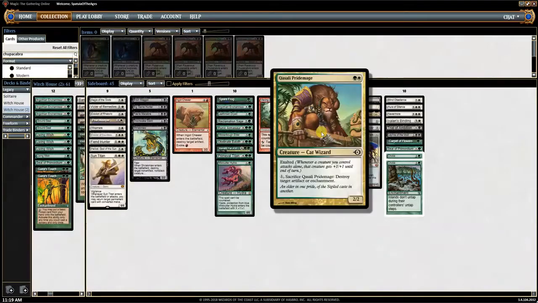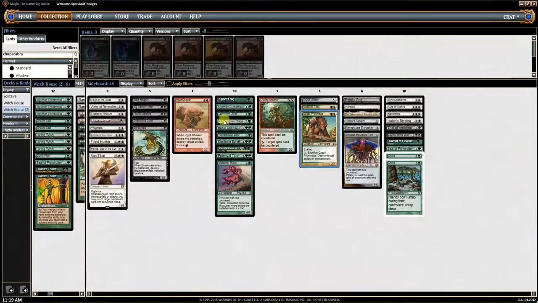It's also a little easier to cast. So the Pride Mage, getting the white can sometimes be a problem against decks running Chalice, for instance. That shuts off Utopia Sprawl and Abundant Growth, so you're less likely to have white. Alright,